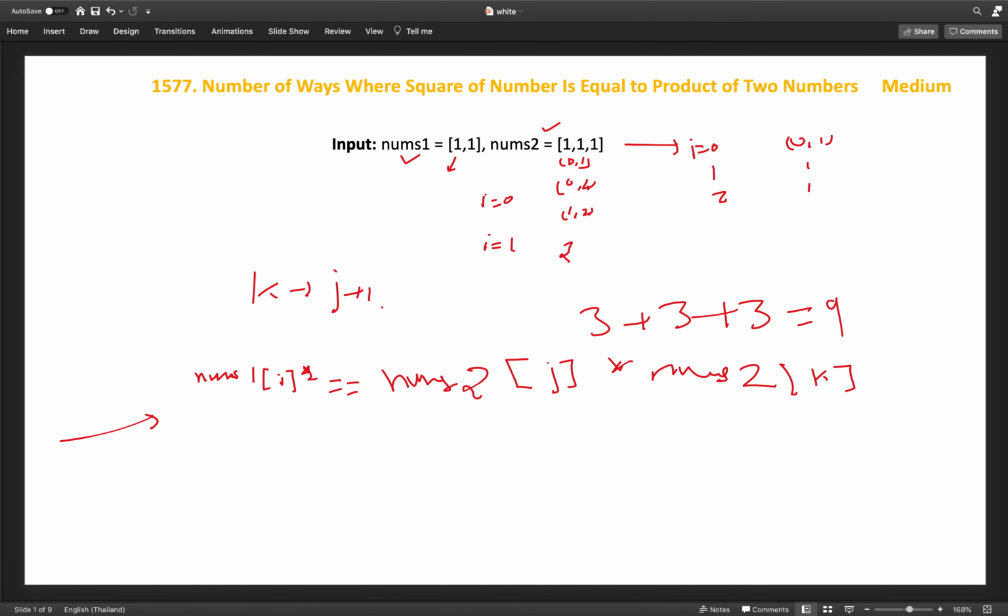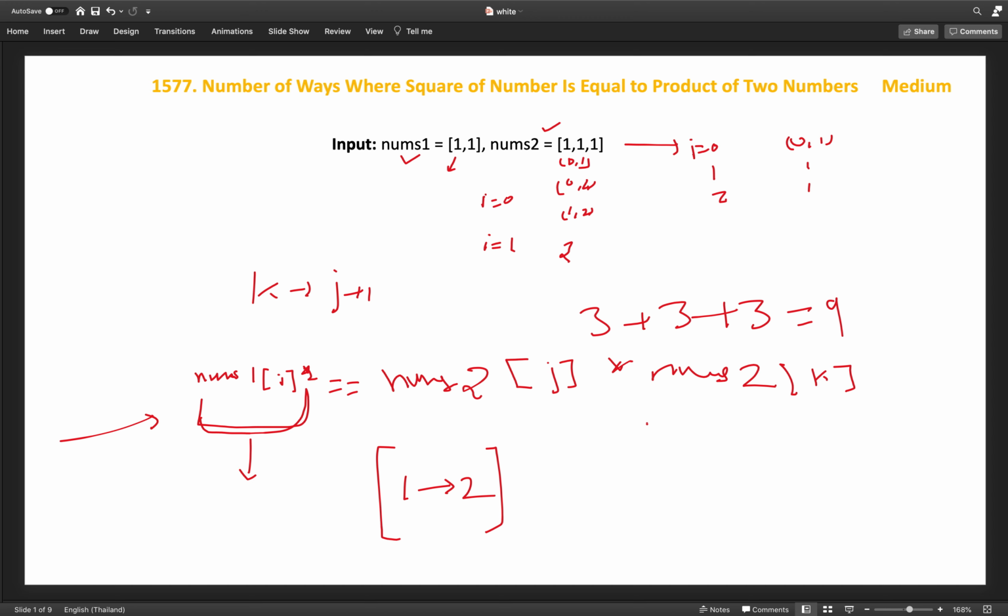For optimization, we will store the squares of the array elements in a hash map along with their frequency, so that we can multiply by that frequency whenever we find a match. We will first scan through the array and create a map. The square of 1 is 1 itself, and its count is 2 times. So we will create a map for the nums1 squares.